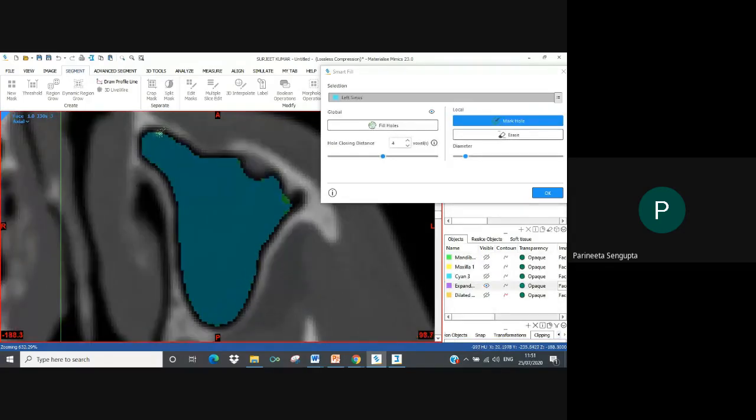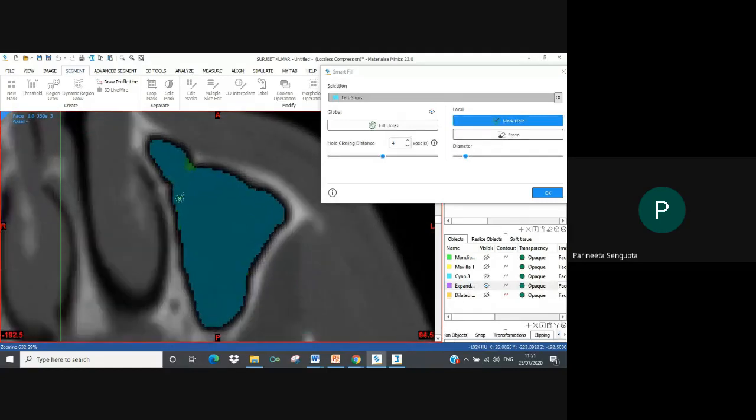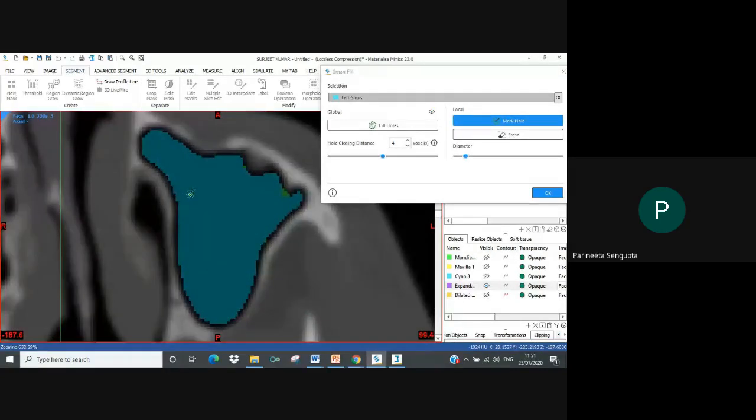So I'm using a combination of global and local.